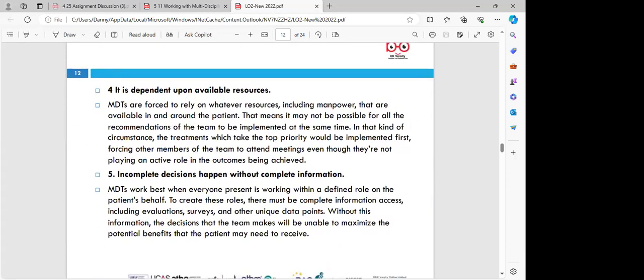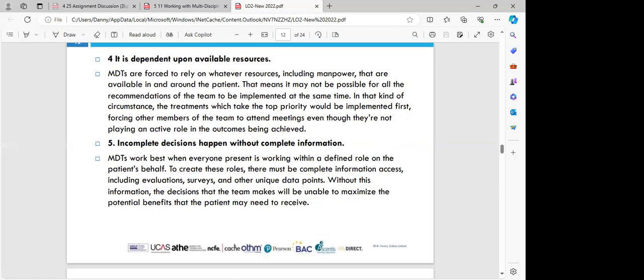And the fourth one is that it is dependent upon available resources. Very key. That means that it may not be possible for all the recommendations of the team to be implemented at the same time. In that kind of circumstance, the treatment which takes top priority would be implemented first, forcing other members of the team to attend meetings even though they are not playing an active role, which is very important. So their services may not be needed at one particular time, but they will have to come for meetings. Maybe at that stage, it may only be the physiotherapy that is needed, but psychiatrists are coming for meetings, and also you can understand where the process is. And then lastly,